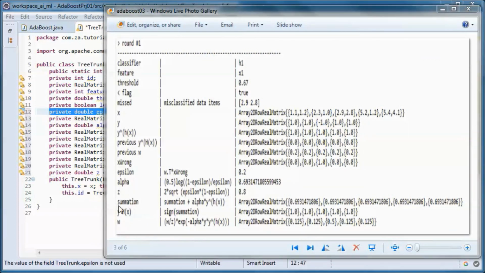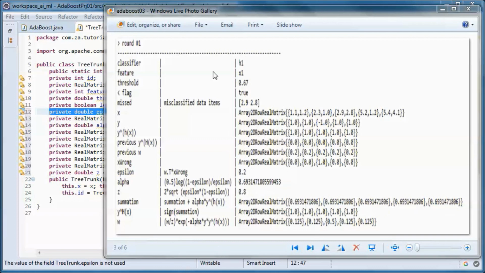And this is the summation of alpha y hat. So alpha here is this number, and y hat of h of x is all ones, so we end up with this number here.